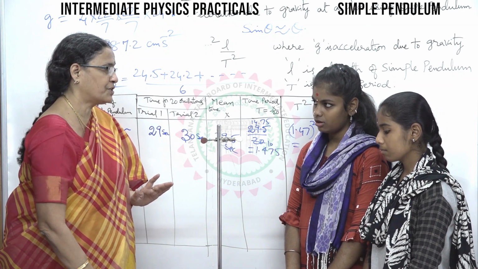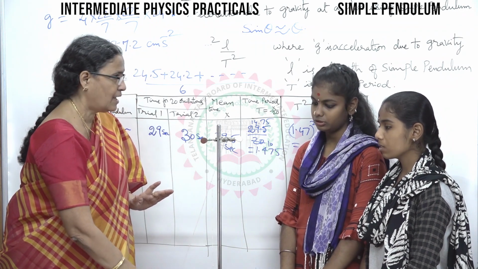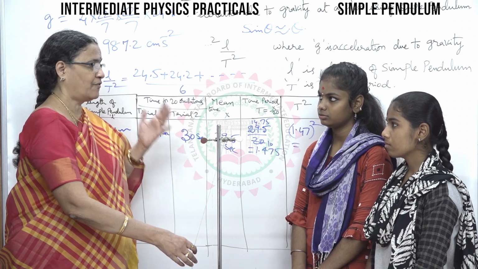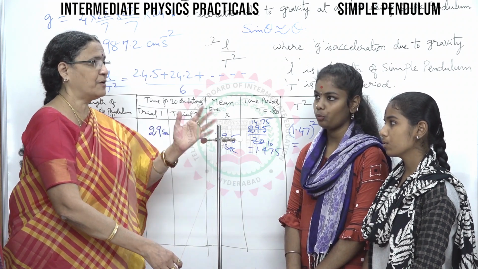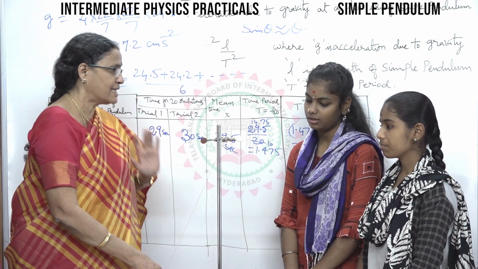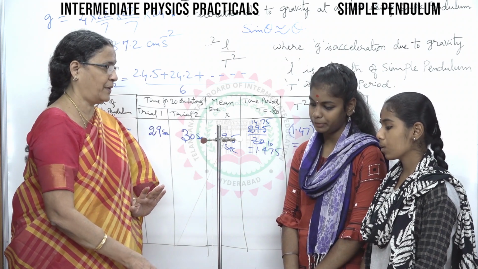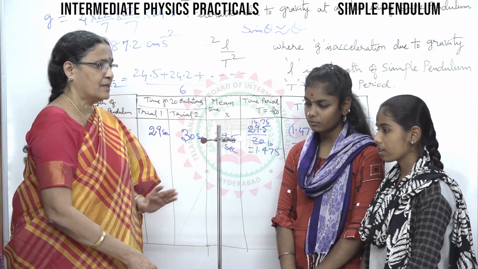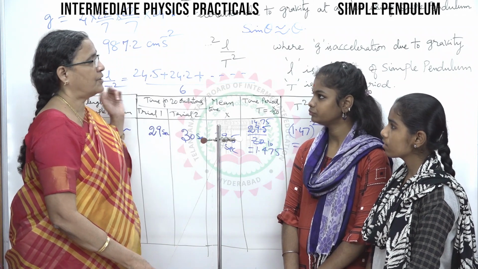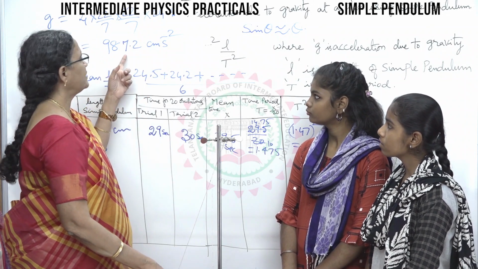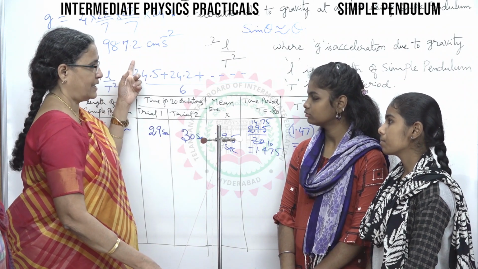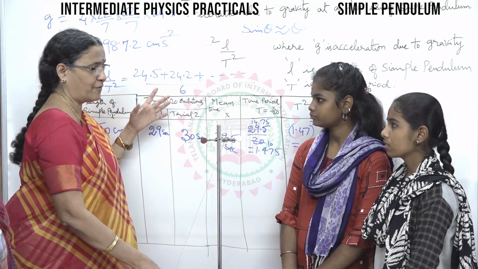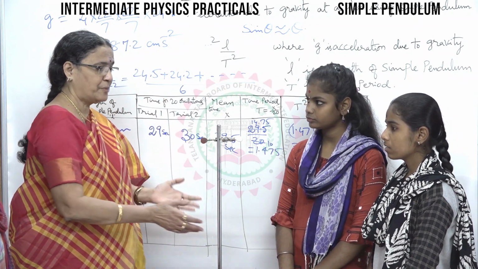Only to and fro motion, small amplitude, and don't do the experiment under a fan or near a window where much wind comes and disturbs the motion of the simple pendulum. Okay, so that is how we are going to determine it. You should get your value near to 9.8. Graphs are there. I shall explain the graph. And for Telugu medium students,